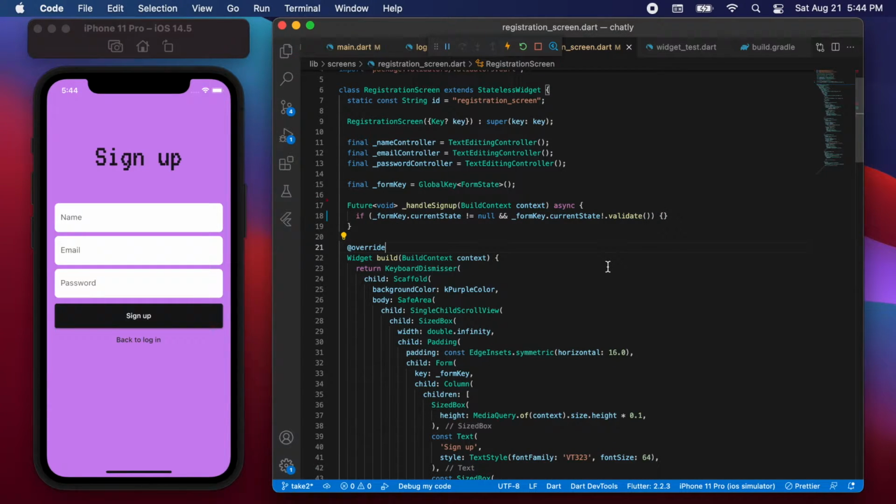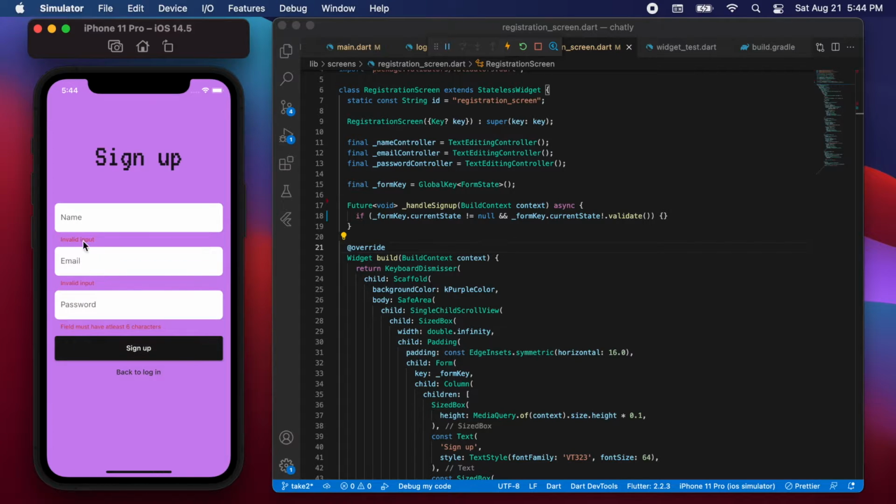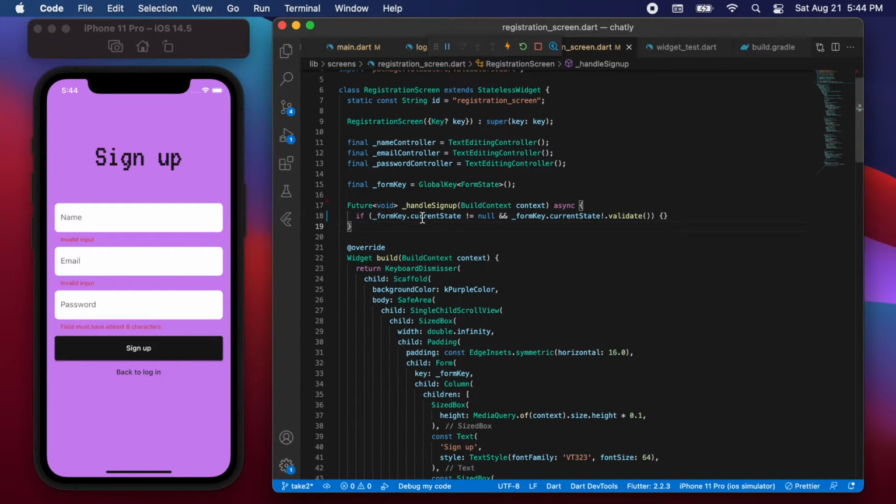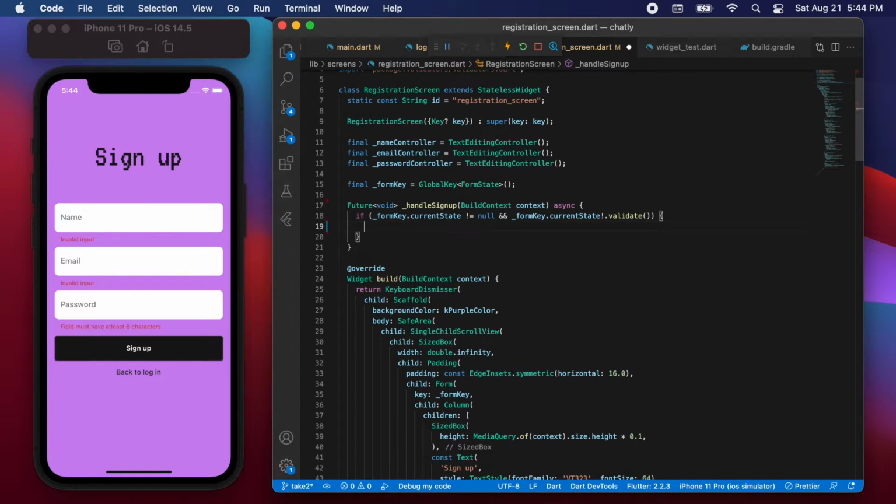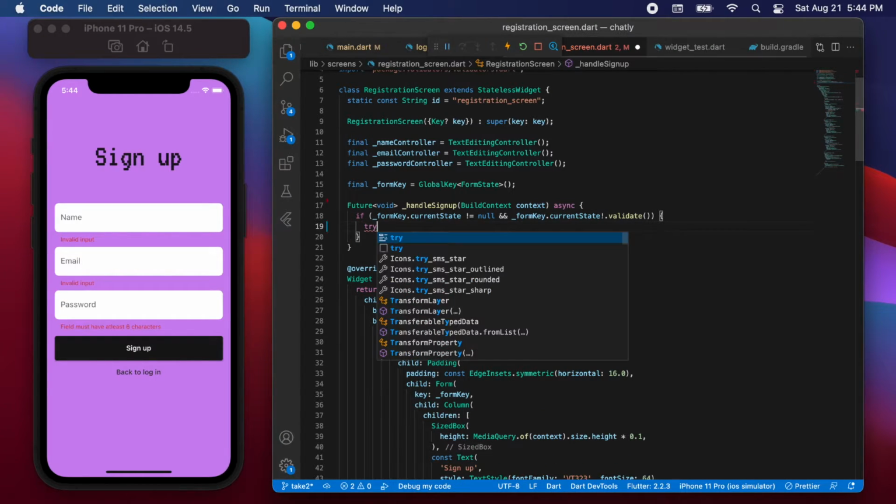So let's actually test this. So if I click sign up right now, you can see that the input has been validated, and because there is no data, it shows these error messages. So invalid input and field must have at least 6 characters. So what happens if the data is valid? So we're going to wrap it in a try catch block,